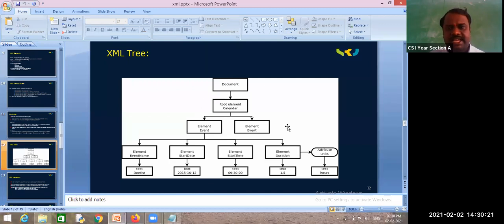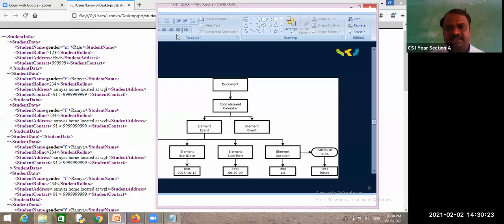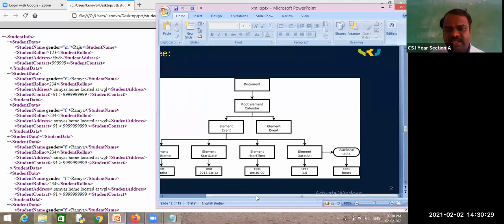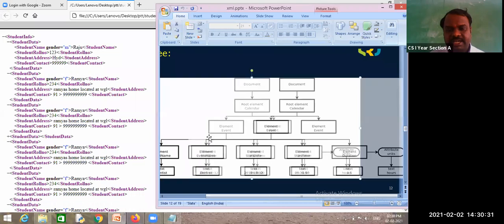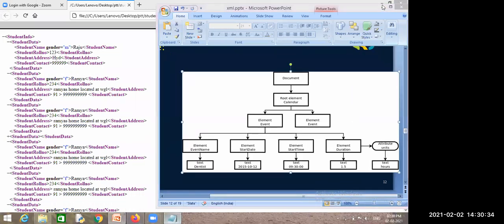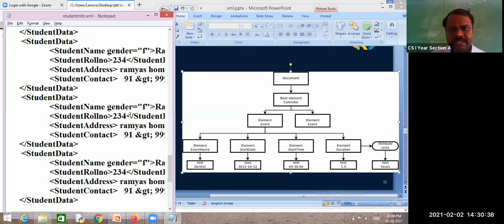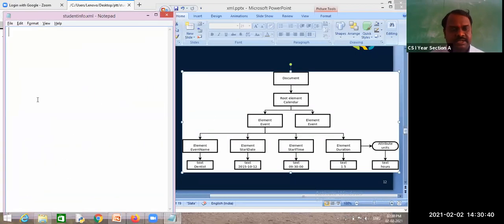So for example, my higher authorities or a platform has given this kind of syntax, and we need to create the document. Can we create it? We can. So I will remove this one, and tell me what is the root. What is the first XML line I have to write?